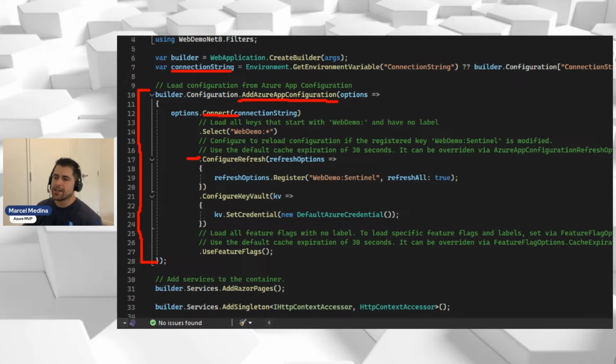This one here is an important one. That's where we have the refresh of any settings. So let's say that you're applying some changes. You are enabling a feature flag. You could change any configuration settings as well, but you want that to be actioned and applied straight away in your application. You can configure an auto refresh, or what I'm doing here is that based on this setting, called Web Demo Sentinel, for any changes that happen in there, it automatically refreshes my application settings from my web app